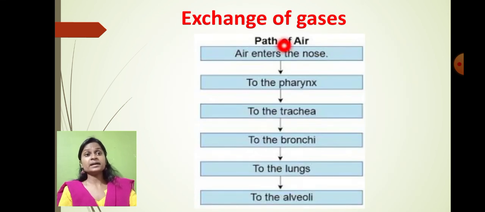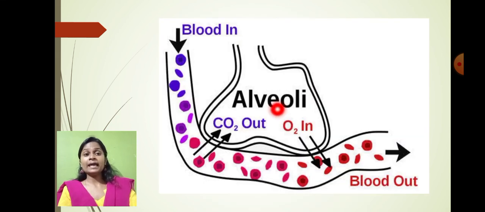And what have we learned today? We have learned regarding the exchange of gases. First of all, the air goes inside the nose, then the trachea, then the bronchi, then the lungs, and the air passes towards the alveoli. Once air passes to the alveoli, the alveoli is rich in oxygen. Alveoli gives oxygen to the blood, and blood carries oxygen to all parts of the body, and then blood collects the harmful gas called carbon dioxide from all parts of the body, and the carbon dioxide is given out from the alveoli through the nose. So this is how the exchange of gases takes place inside the alveoli.